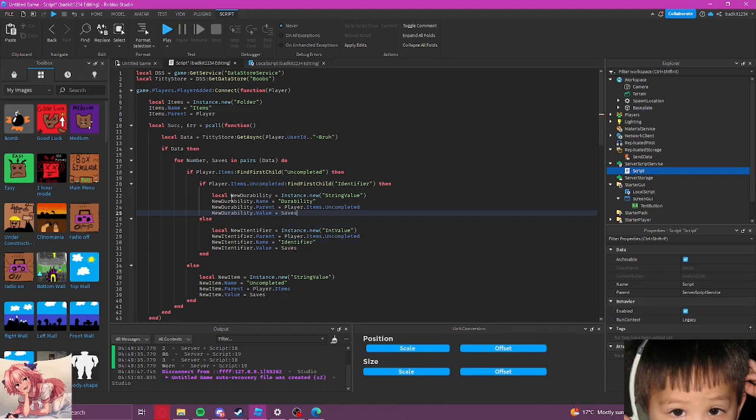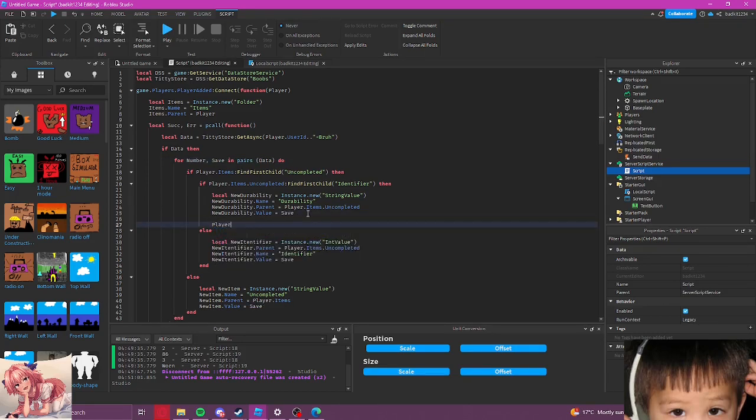I'm actually going to change it to save, because it just makes more sense in my eyes. Player.Items.Uncompleted.Name equals, there we go, boom. We're going to say .Value.